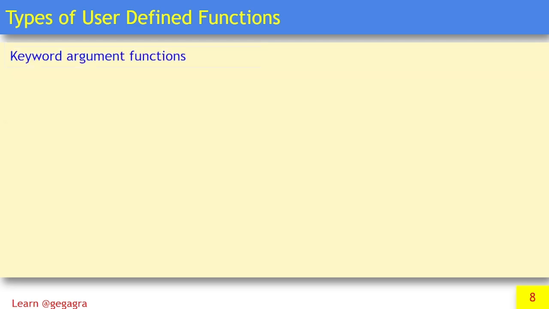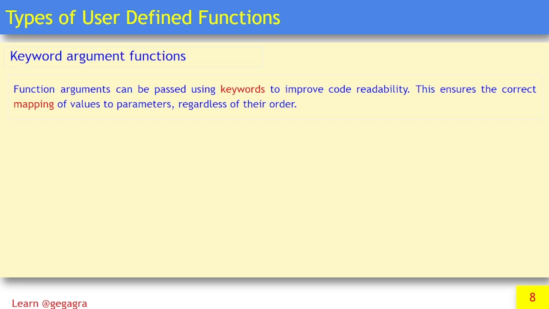And when we talk about keyword arguments, they are different. Function arguments can be passed using keywords to improve code readability. Means we'll have to pass the arguments as keywords. This ensures the correct mapping of values to parameters regardless of their order. So whatever order you are giving, it will take the value on the basis of the keywords. If the order of keywords gets changed, it will take the value as per the keywords. For example,